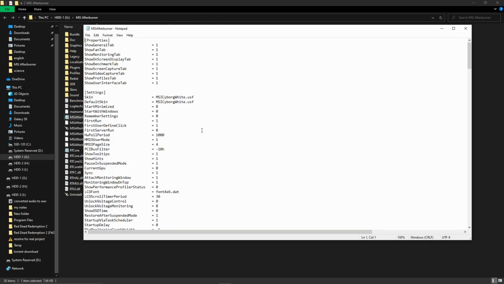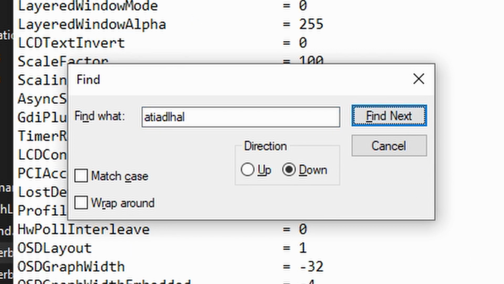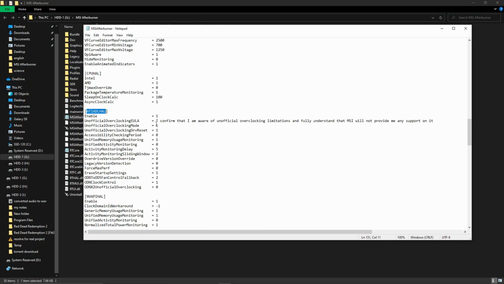Now you have to search a keyword. Press Control F and search ATIADLHAL. Hit find. Now you are seeing it. Before it is edited, it looks like this when you first open it.